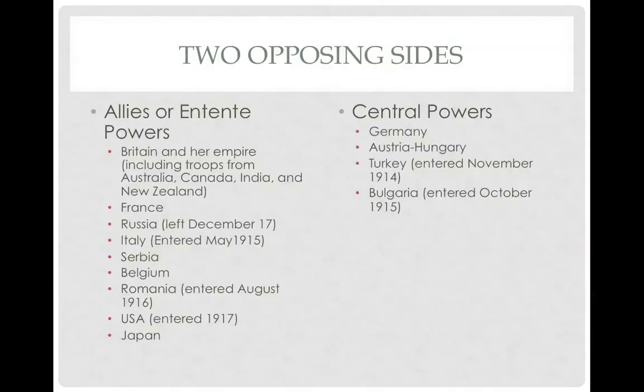So, of course, the war we know has two opposing sides. On one side, we had the Allies or the Entente powers, of course, Britain and its empire. So not just Britain, but all of those places that represent Britain and its colonial interests. So we're talking about troops from Australia, Canada, India, and New Zealand, France, Russia, of course, which left in December 1917, Italy, which entered May 1915, Serbia, Belgium, Romania, and then, of course, the USA entered in 1917,